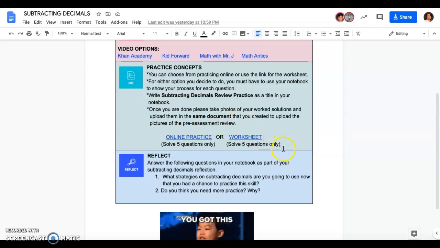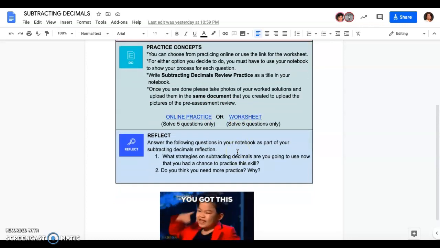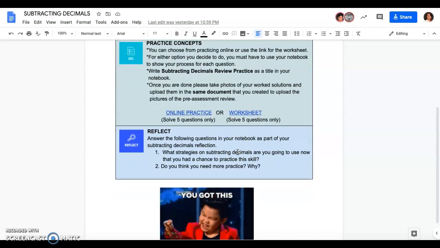All I'm asking is just 5 questions, not 10 combined, because you're selecting just one of these 2 options I'm giving you. After you do those 5 questions, then you're going to answer these questions in your notebook as well, and you're going to take pictures and upload them. Okay,